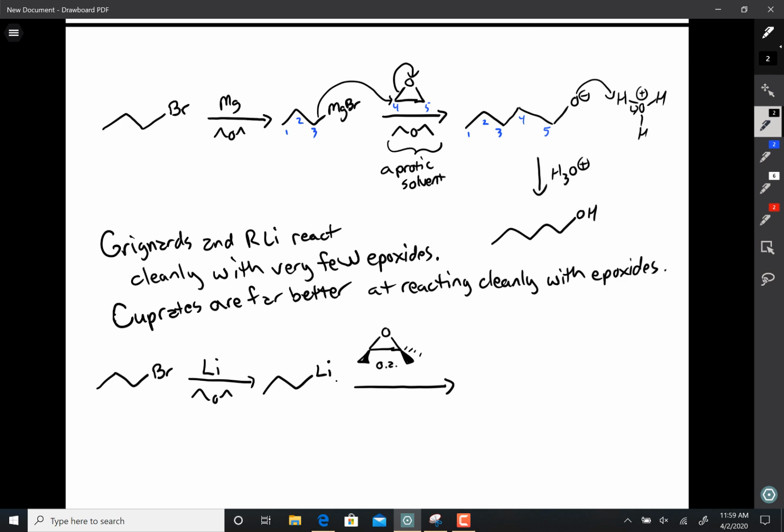We'll make this an optically active epoxide in an inert solvent like ether. And to make the cuprate, you just throw in some copper cyanide. Think of copper cyanide as the special ingredient that makes the reaction actually work. We're not going to go into the structure and the exact mechanism of the cuprate, but you can just basically add copper cyanide into a reaction involving an epoxide,